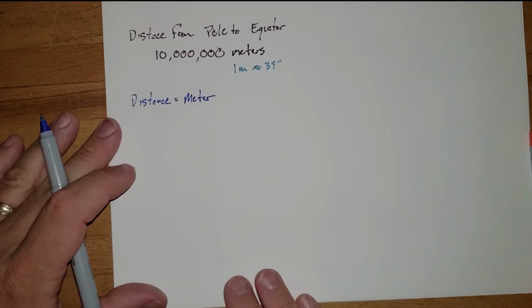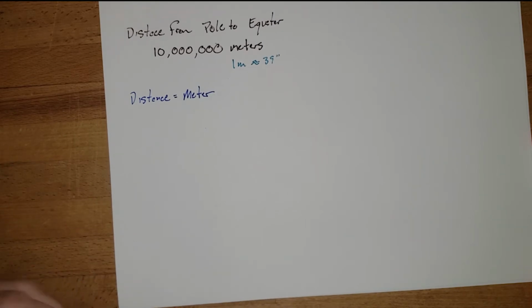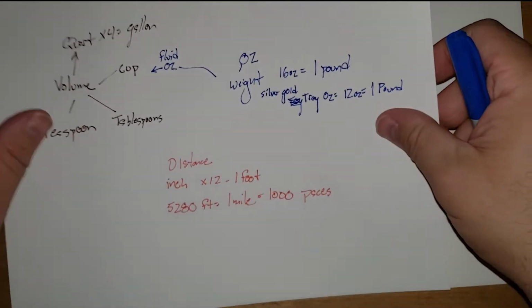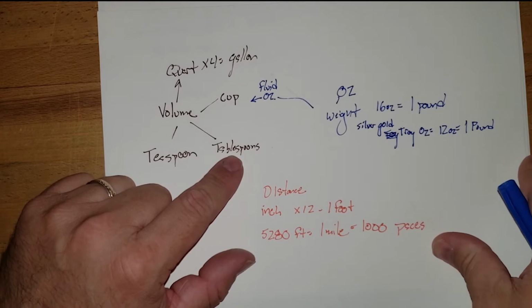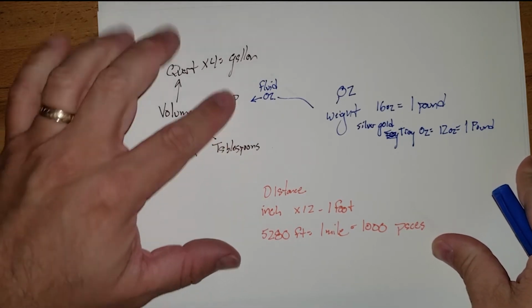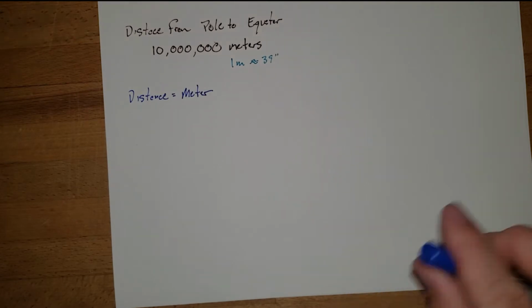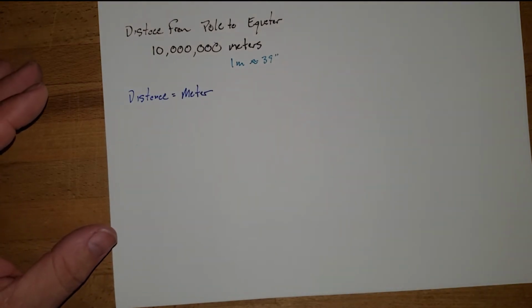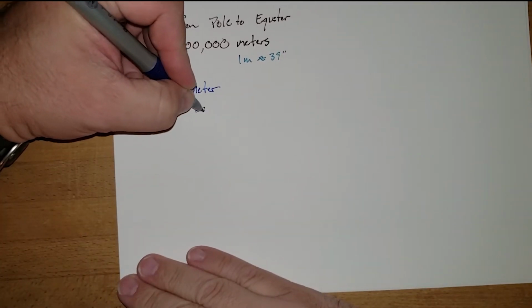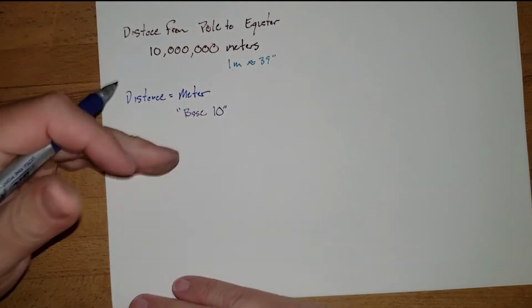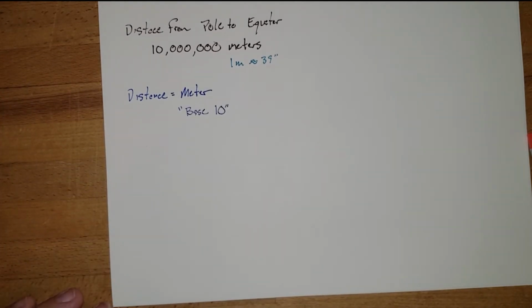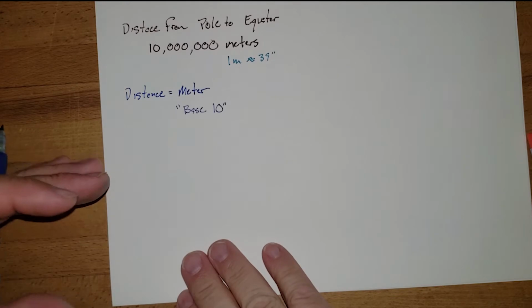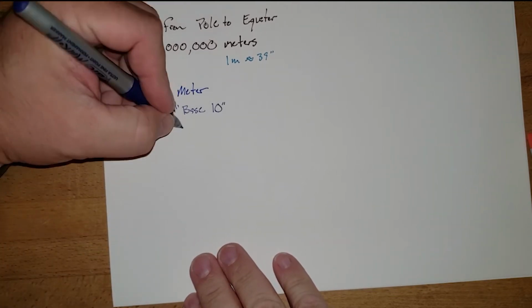Now, here's the other nice thing that they really helped us out with our conversions. If you remember back over here, we were looking at times 12, times 5280. 3 teaspoons makes a tablespoon. 16 tablespoons makes a cup. It's crazy, right? So what they did for this particular system is everything is base 10. Okay, so let's talk about what this idea of base 10 means. It means that you can go higher or smaller. You can make it times 10 or divide by 10, and that will give you a different proximity, right? So if you were to take 1 meter times